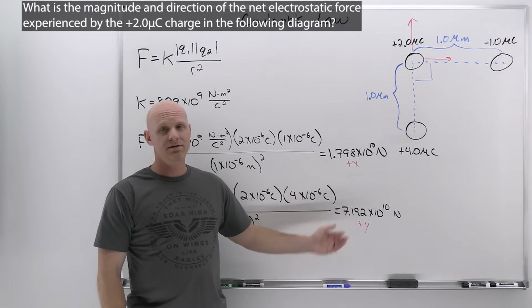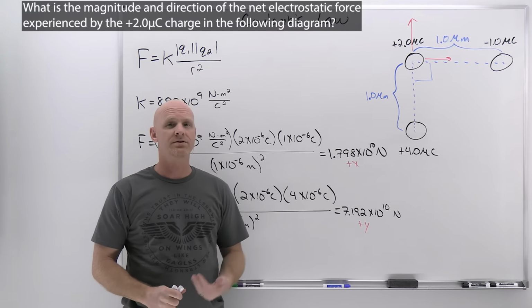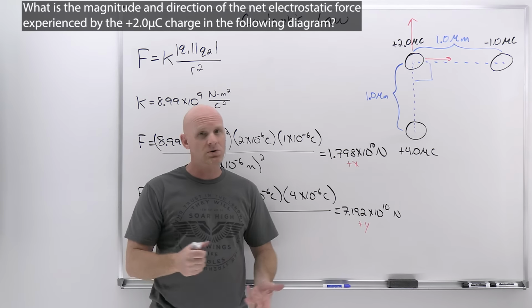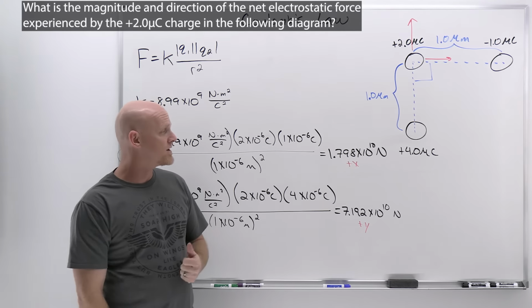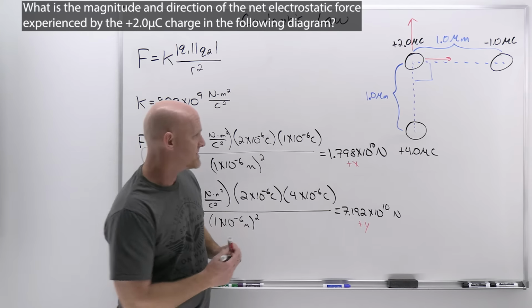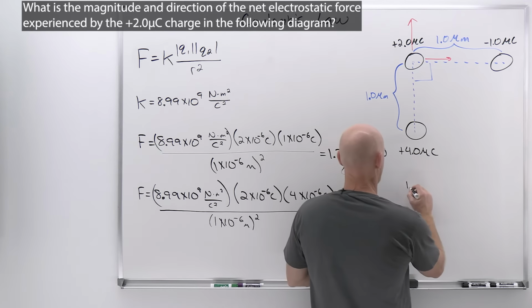So normally, if these weren't purely in the x or purely in the y, we'd have to break them up into components using sines and cosines. But in this case, this is all x, this is all y, and we can go straight to our Pythagorean theorem to get the magnitude of the resultant vector. And so in this case, we're going to have